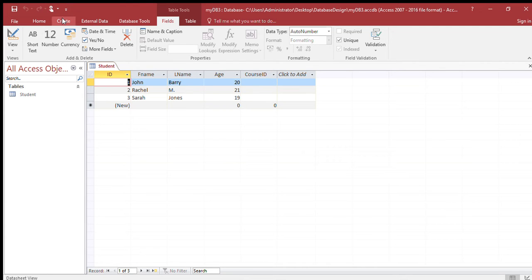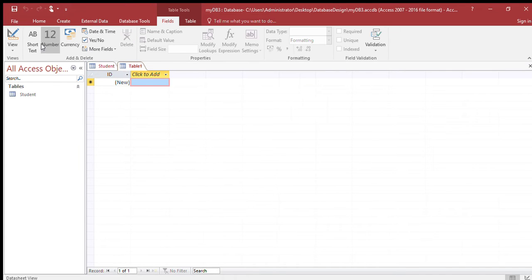Now to create another table in Access, I'm going to go to create table, and now this is my table called course. So I'm going to have here networking, and the field is course name, and then I will have here course code. It's a short text, course code, iTech